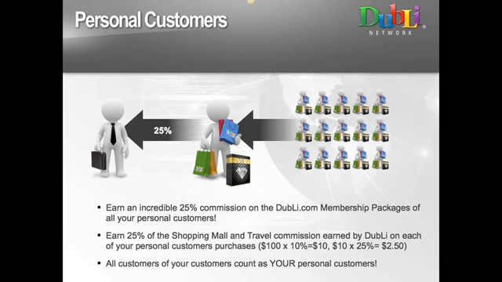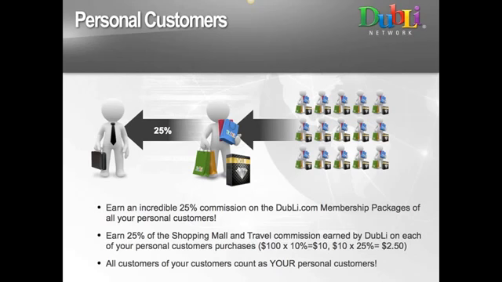When they shop in the mall, every one of those stores has an assigned percentage called commissionable revenue. If you want to know exactly what that assigned percentage is, log into Doobly Network, your business site. Go to the shopping mall, select all stores, and then go to the store that customer is shopping in, or you're shopping in, or you want to know the revenue stream for. Whatever percentage that store says is the revenue stream, that's what the commission is paid on.